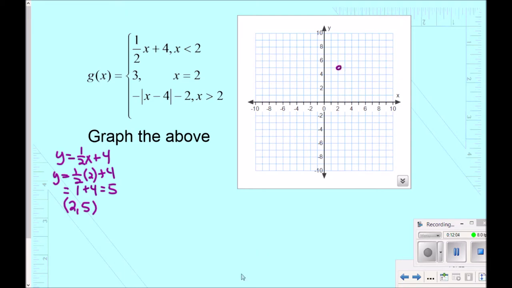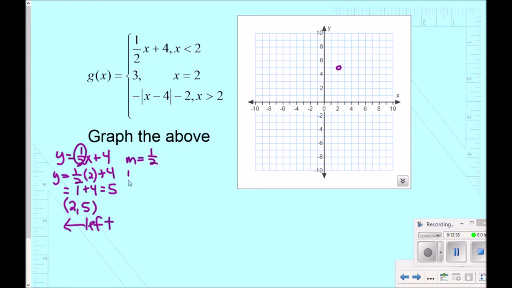open point. Now I'm going to decide which way I'm going to graph the line from that point. And I see a less than. So less than I know means to the left. So I'll just write that there to remind myself. So I want to plot some points that are to the left of that point. And I'm going to use my slope to figure out how to do that. So my slope is 1/2,